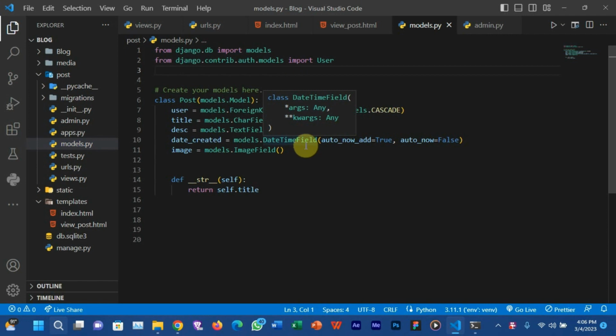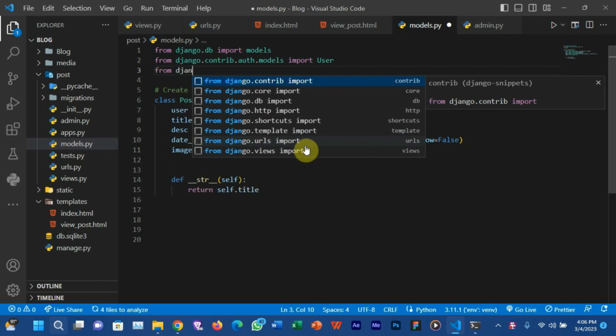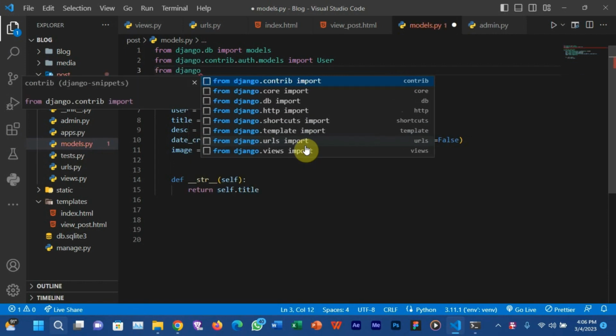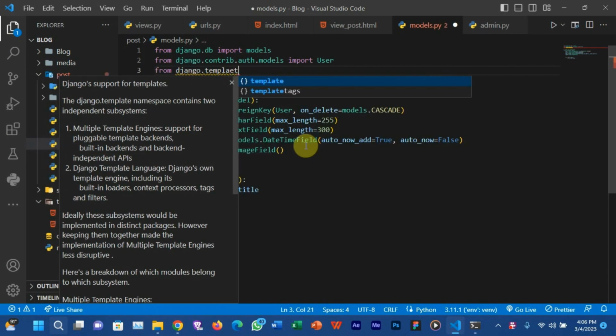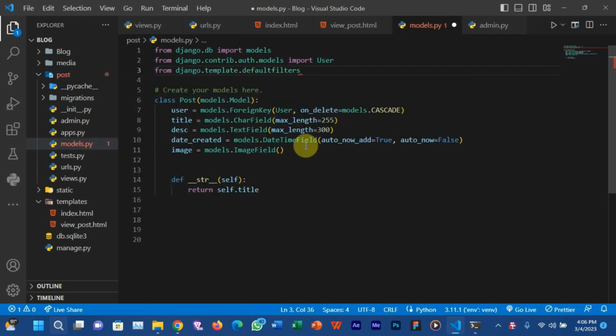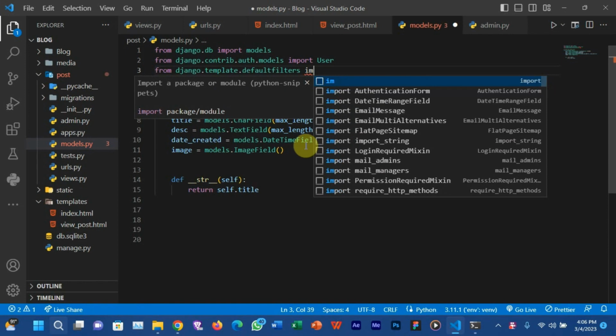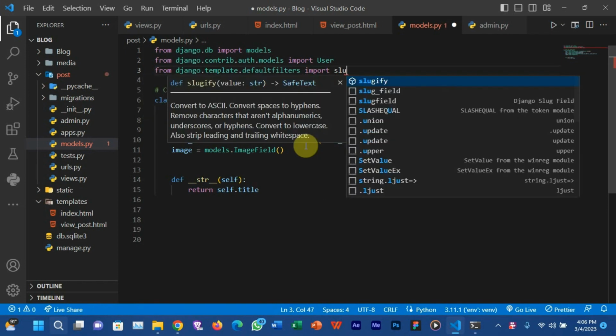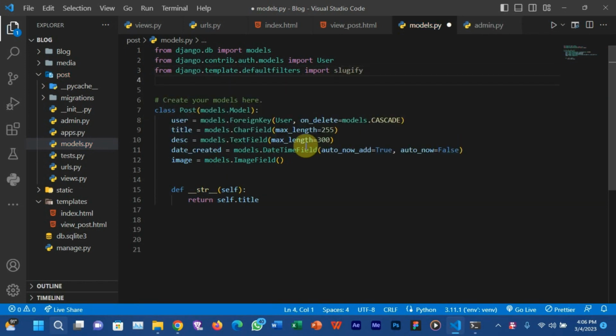So from django.template.defaultfilters, you can now import slugify. Now the next one is to add get random string.